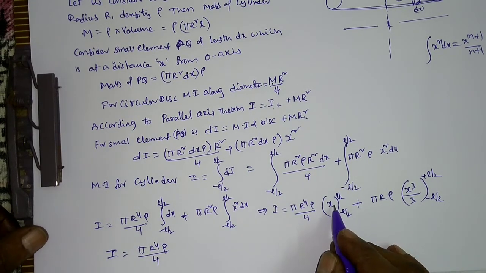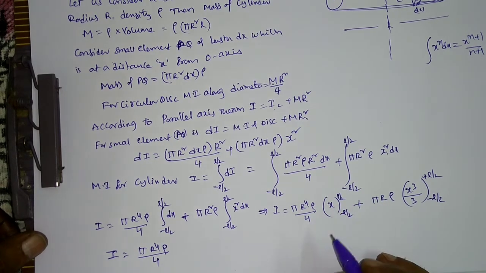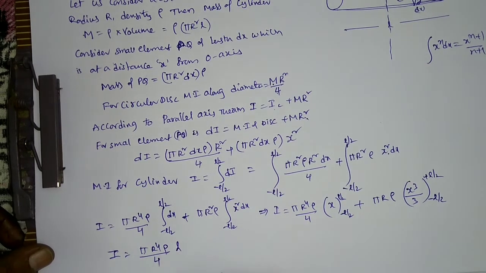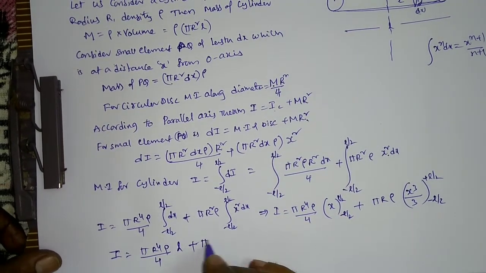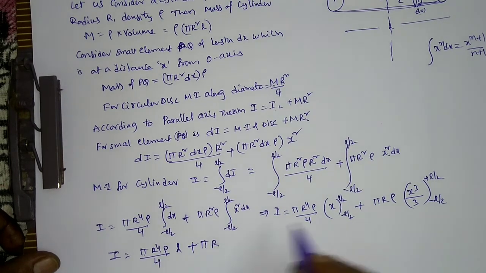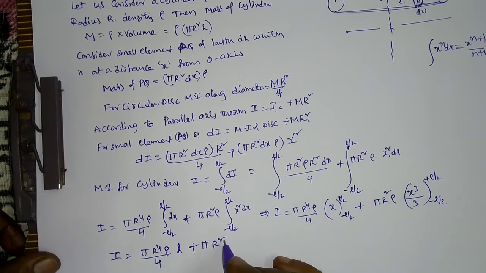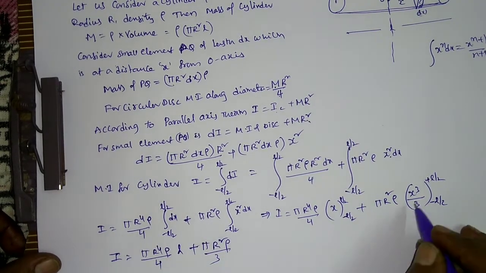In place of x we can put L by 2 plus L by 2, which simply gives us L only. Plus pi r square rho by 3, keeping here